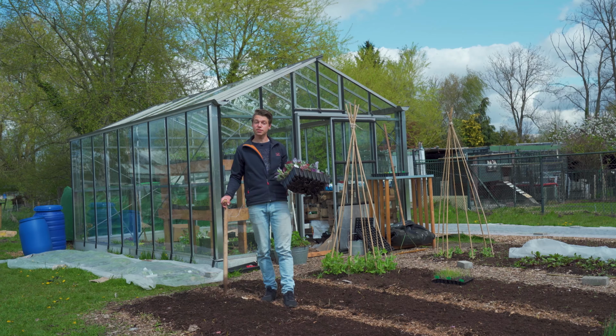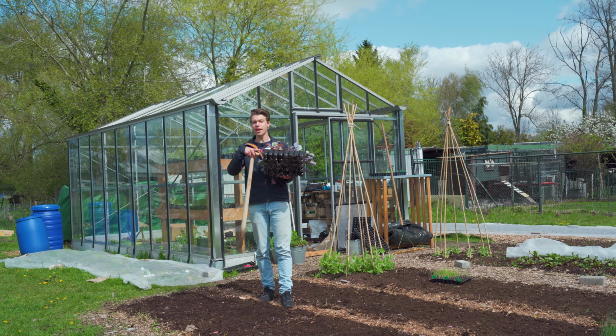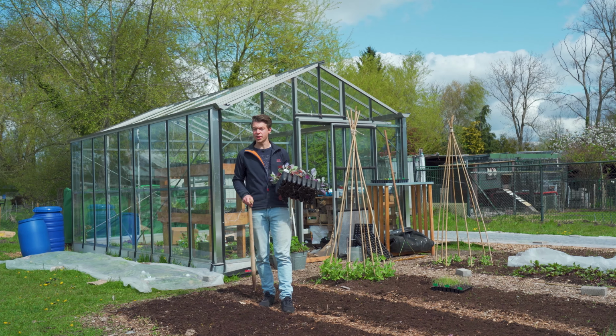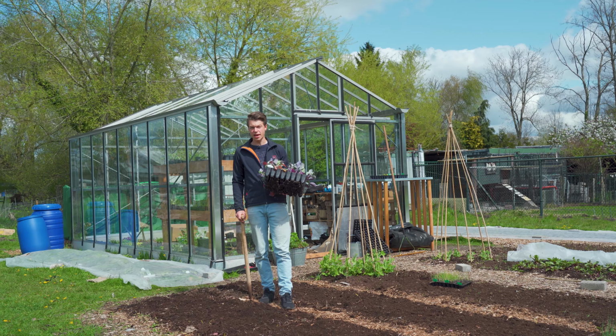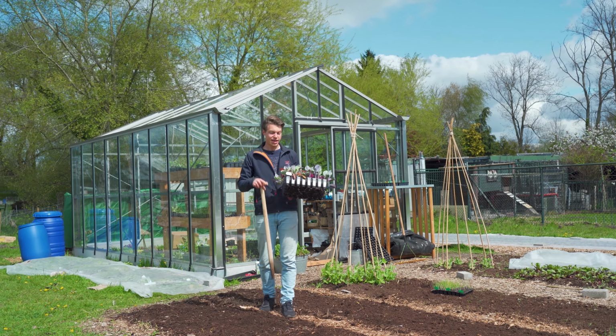Here we are then, it's transplanting day for us. We need to do all the onions and the pointed cabbages. These have been in here for so long. They were sown the 24th of February and it's now the 2nd of May. So they've been in here quite too long, but because the trays are really deep, they're not root bound just